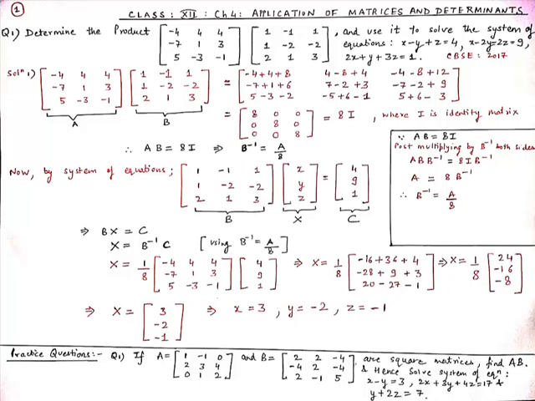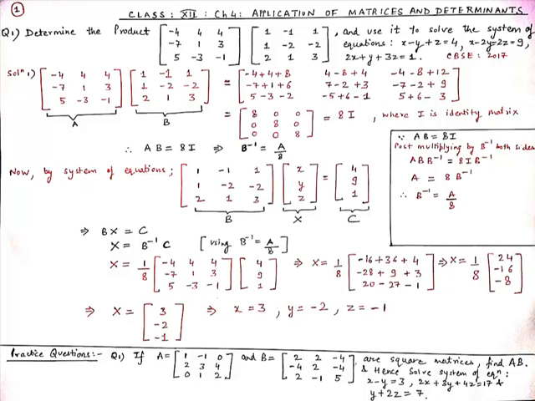Now we will multiply row R3 of matrix A with column C1 of matrix B. We get 5 into 1, 5, and then -3 into 1 is -3, and then -1 into 2 is -2. When we multiply 5, -3 and -1 with column C2 of matrix B, we get 5 into -1, -5, and then -3 into -2 is +6, and then -1 into 1 is -1. Now row R3 of A with column C3: we get 5 into 1, 5, and then -3 into -2 is +6, and then -1 into 3 is -3.